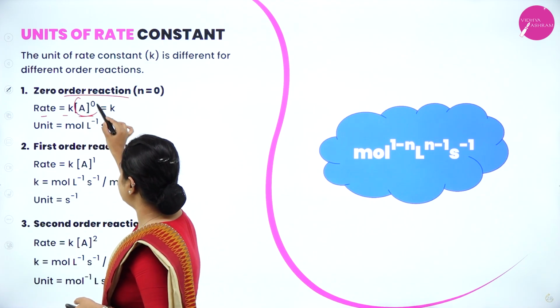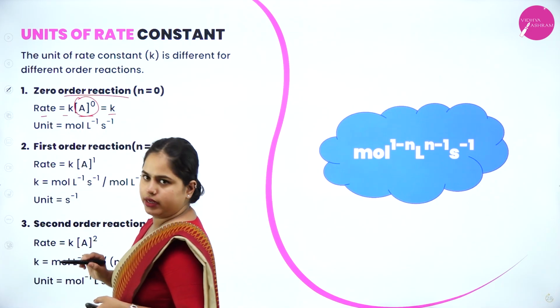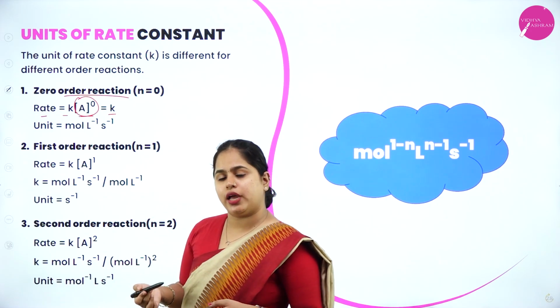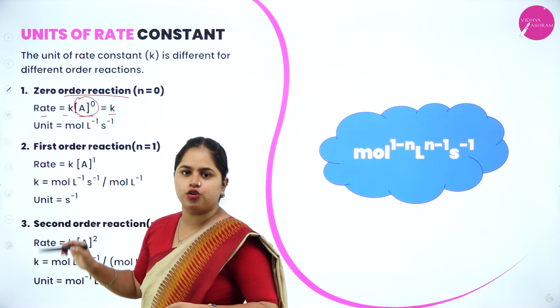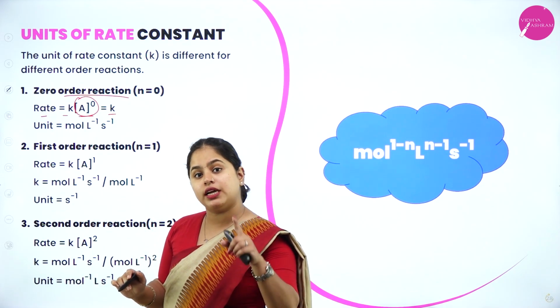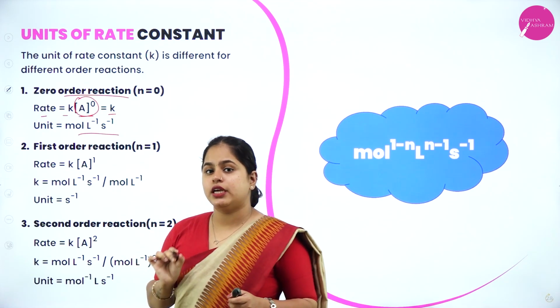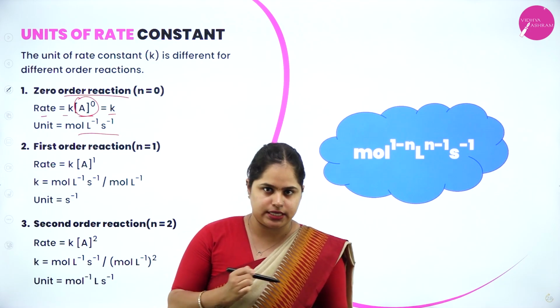A to the power 0 means this term will be equal to 1. So what you will get? Rate is equal to K. So in a zero order reaction, how do you calculate the unit of rate constant? Unit of rate constant will of course be equal to the unit of the rate, right? The unit of the rate we have already studied, that is mole liter inverse second inverse. So in a zero order reaction, the unit of rate and unit of rate constant is the same,